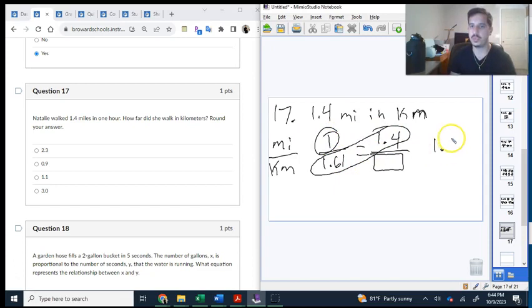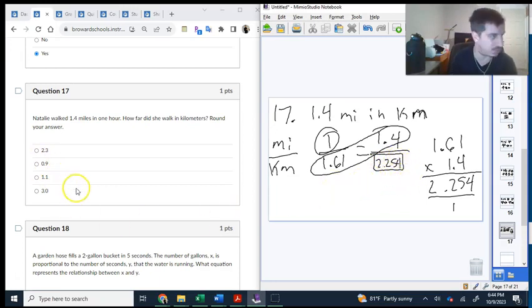So 1.61 times 1.4. Remember, for multiplication, we don't need to line up the decimals. That doesn't matter. It's only for adding and subtracting. So 1.61 times 1.4 equals 2.254. And then we divide that by 1, and our answer is 2.254. Okay? But wait, I don't see the answer. Well, we have to